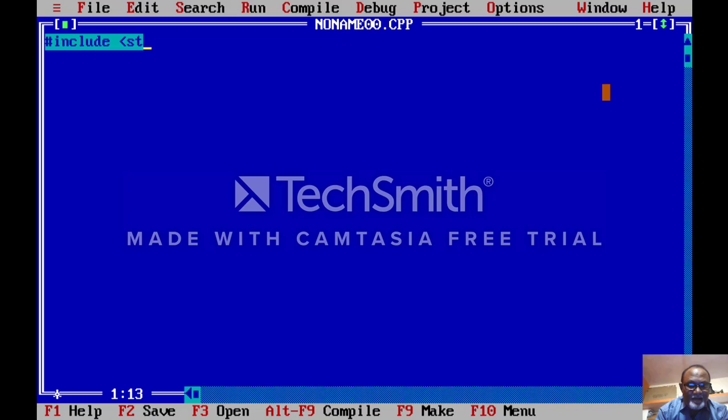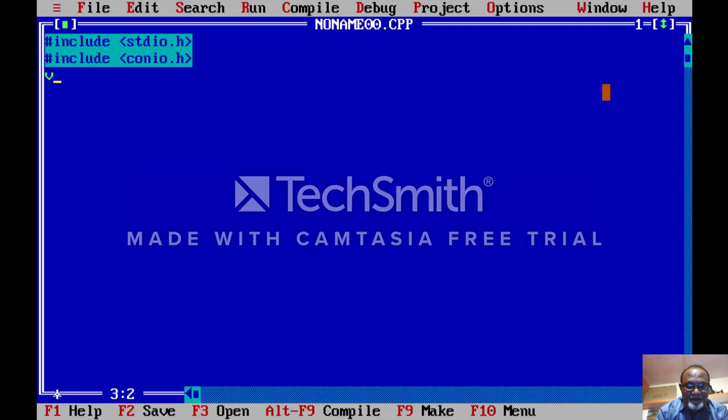Include here both header files, stdio.h and the other header file is conio.h.